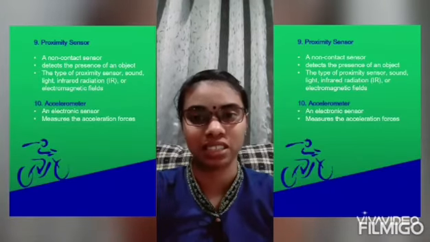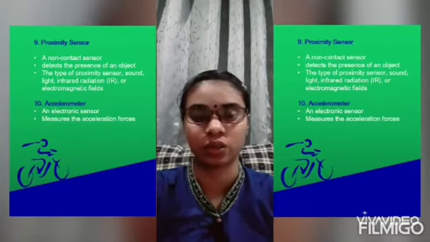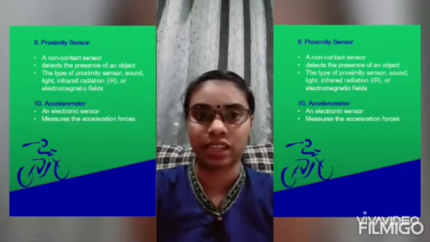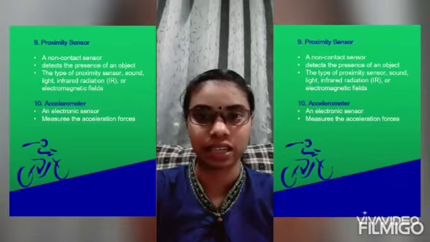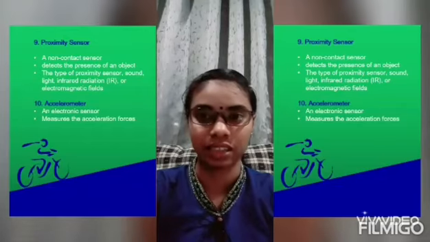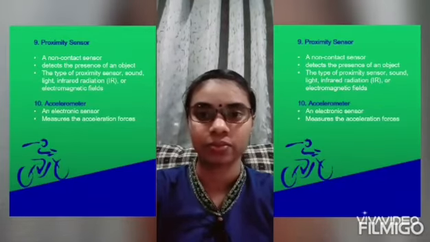Moreover, a proximity sensor is a non-contact sensor that detects the presence of an object, often referred to as the target. When the target enters the sensor's field, depending on the type of proximity sensor, sound, light, infrared radiation, or electromagnetic fields may be utilized by the sensor